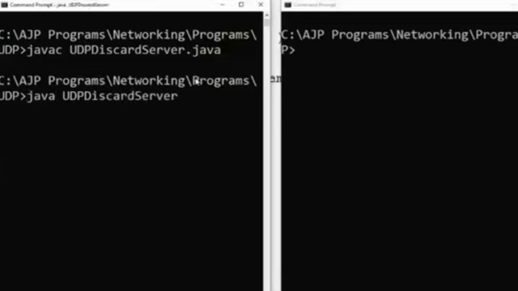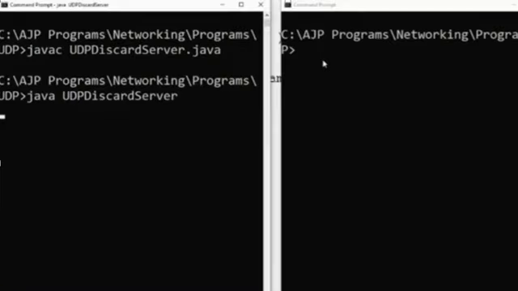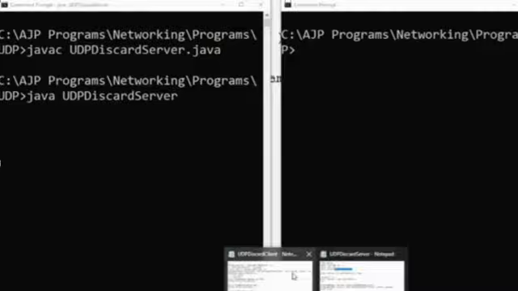So my server is in running condition, waiting for the client.